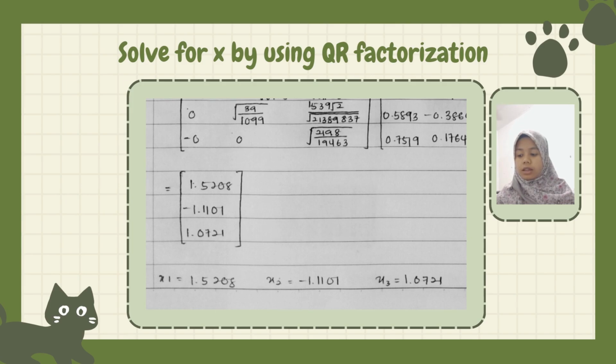1.5208, negative 1.1101, 1.0721, which is x1 is 1.5208, x2 equal to negative 1.1101, and the last one, x3, we get